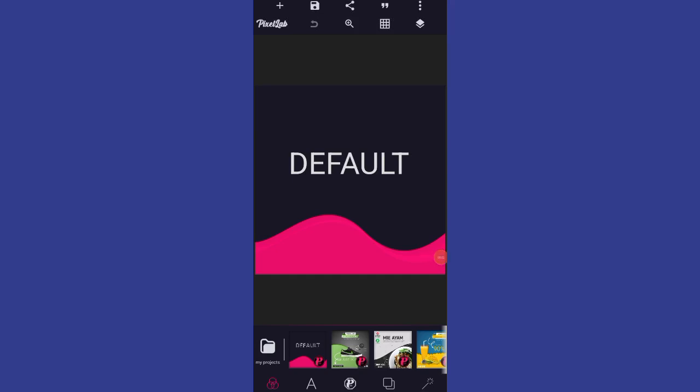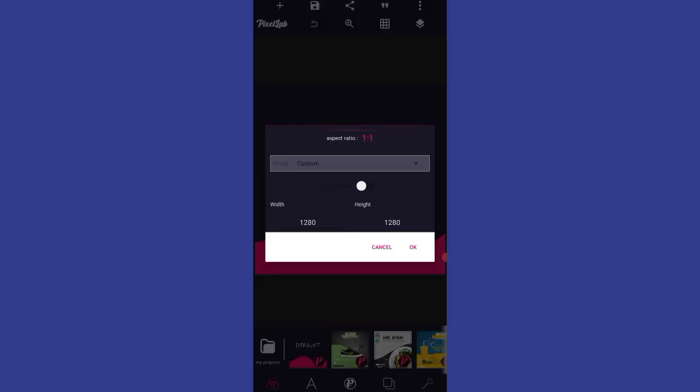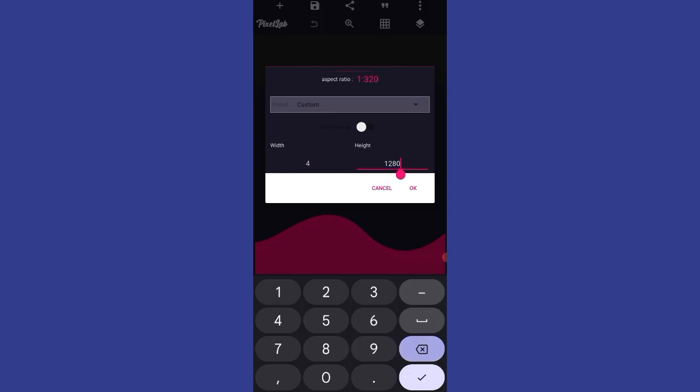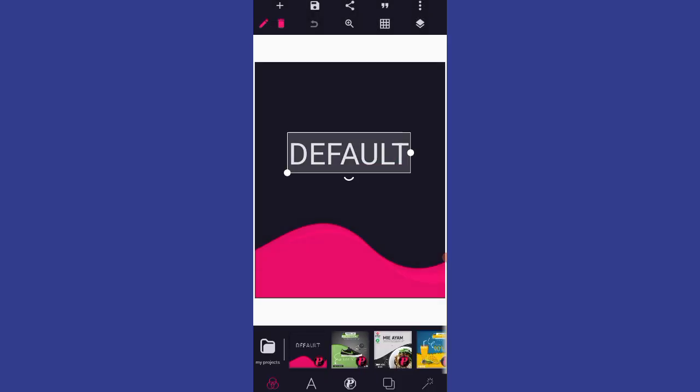Well guys, in this video I want to show you how you can create a flyer design using your smartphone. The first thing to do right now is to set your image size. You just need to set it to 4:5, and then I'll delete this. And what you need to do right now is draw a rectangle,